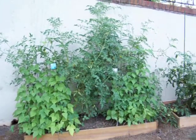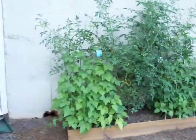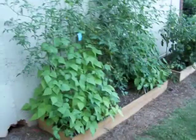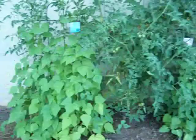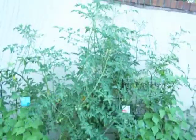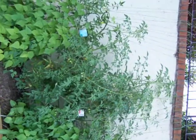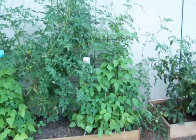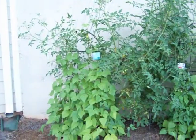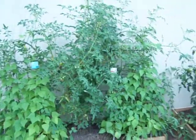This is kind of a mistake this year, but this is where I'm going to be putting all the bush beans next year. It's a little short dinky box, not lengthwise, but widthwise. It's only 2 feet. You can see what I have here. I had the cucumbers on one side and the purple bush beans on the other. I made a mistake in letting that bad boy, yellow pear, grow like it did, but it did fine. Then I put 2 kinds of pole beans on either side when the cucumbers and purple bush were done. But my problem here